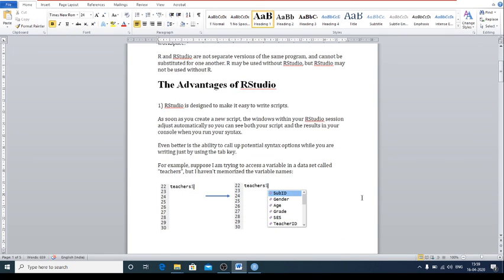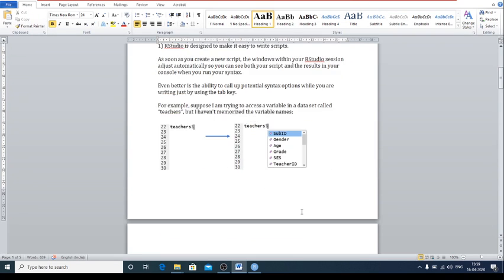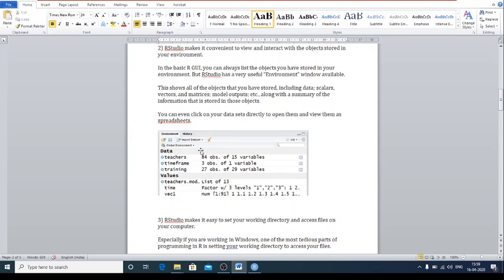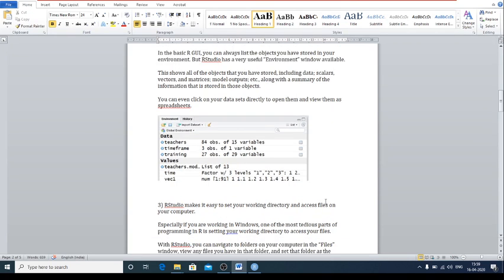Now the advantages are it is really easy to write scripts in RStudio, because as soon as you start typing a syntax or write something, the drop down appears and that helps you to select what you want. Then in case of RStudio, there is a global environment which helps you to locate data you have been working on, the values or variables that you have created.